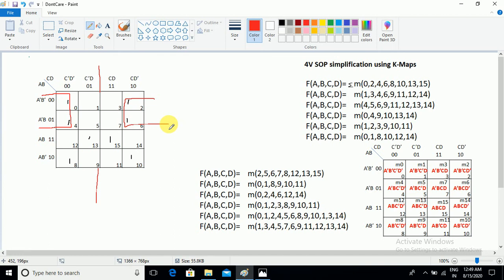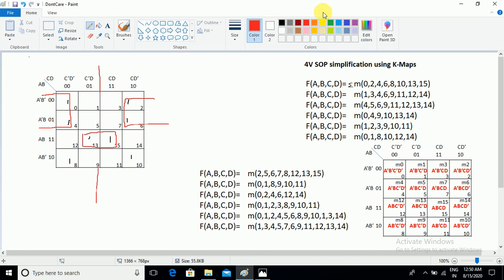Now let us think about the ones which are selected but not yet in the mapping. 13 and 15 are not in the mapping, 8 and 10 are also not in the mapping. You have completed only 4 of the selected cells, and the remaining 4 are pending. Now I am thinking about 13 and 15. Do you have any alternate for 13 and 15? Can you do the mapping with 12? 12 is not selected, 14 is also not selected, and there is no other alternate. 5 and 7 are not selected, so there is no other alternate. We have to keep it as an individual group of 2 cells.